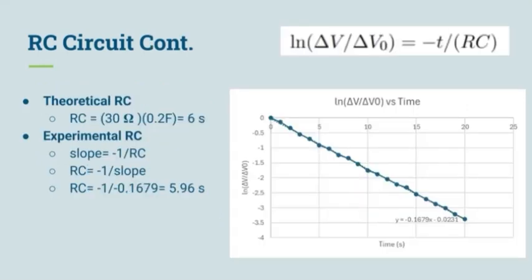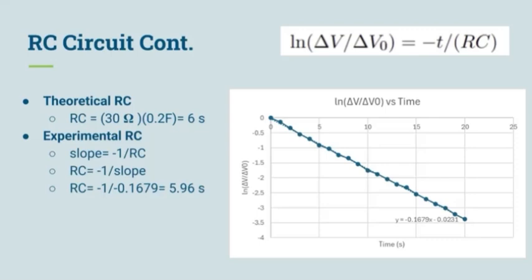For the last part of the lab, a circuit with the battery, capacitor, and a 20 and a 30 ohm light bulb was set up. The capacitor was then discharged while the voltage was recorded for 20 seconds by a voltmeter. A linearization versus time graph was then created based on the data, which is then used to calculate the RC